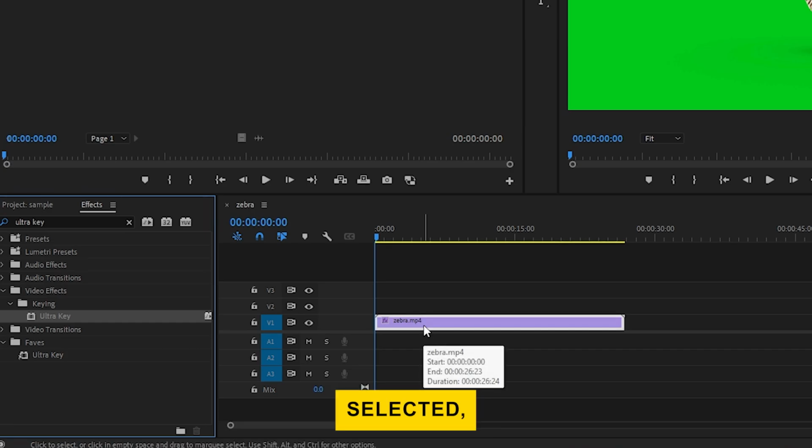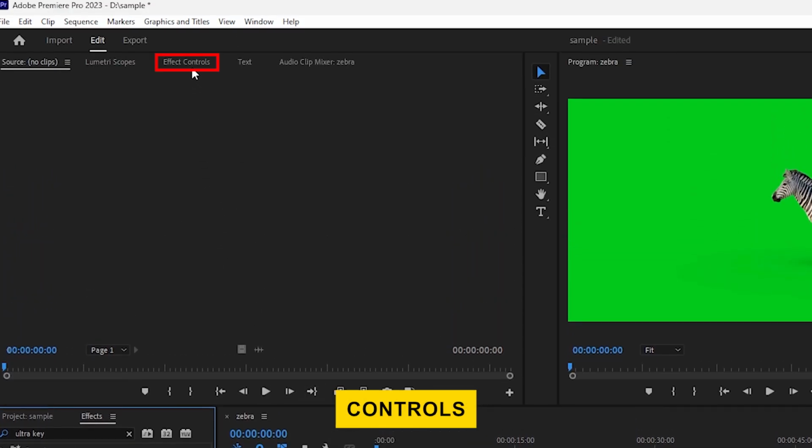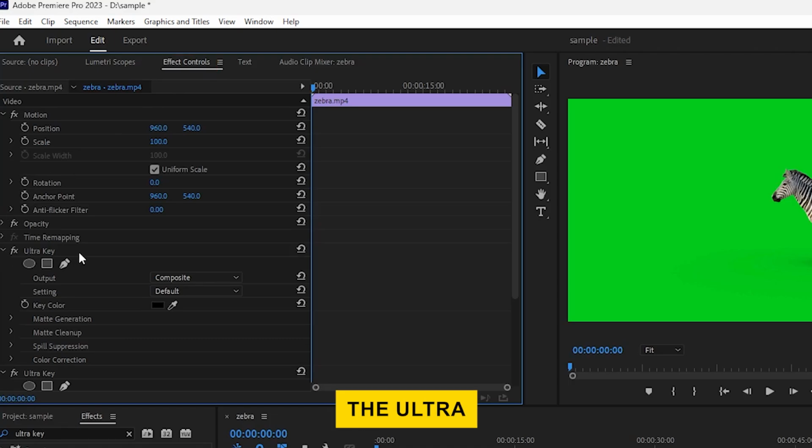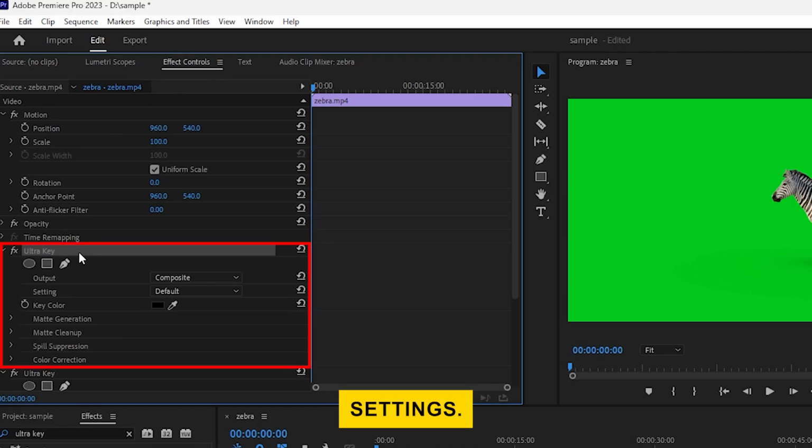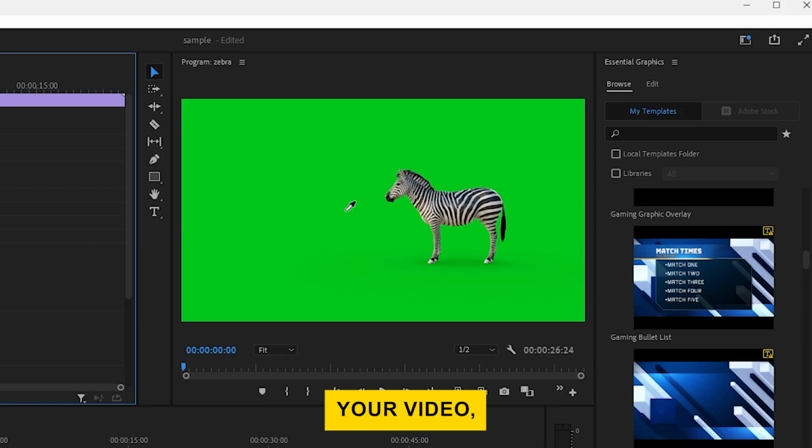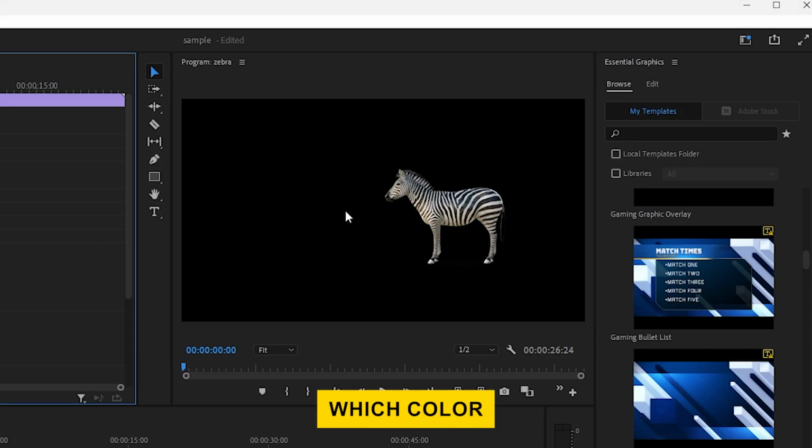With the clip still selected, go to the Effect Controls panel. Here, you'll see the Ultra key effect settings. Look for the Key Color option, and click on the Eyedropper tool next to it. Use this tool to click on the green area of your video, which will tell Premiere Pro which color to remove. If your green screen is evenly lit, you might find that the background is removed cleanly with just one